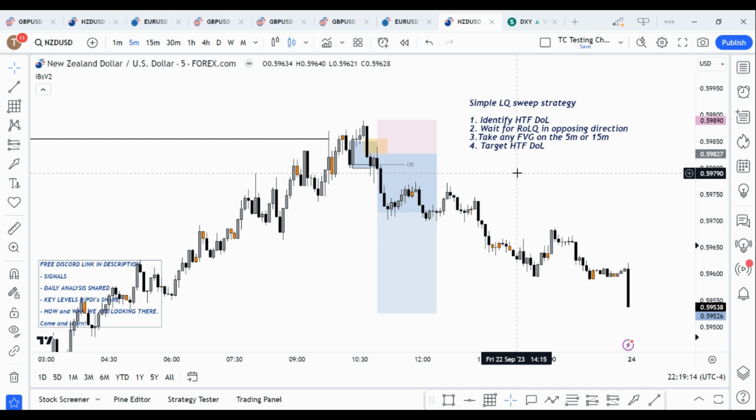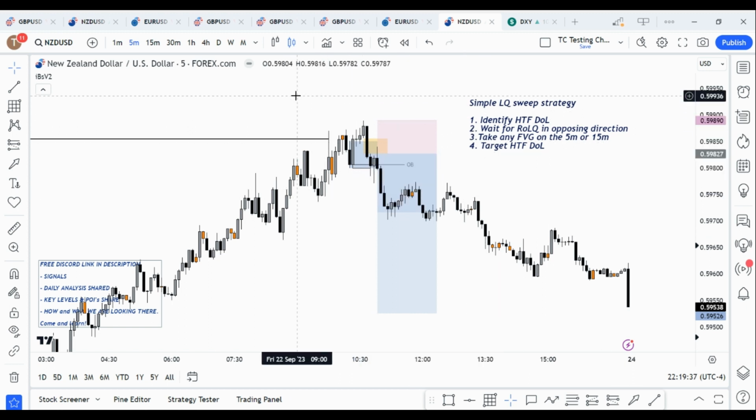You're just waiting for that Judas swing, which should give you a run on liquidity in the opposing direction. Then you're waiting for displacement in the desired direction, and you want to take any 5M or 15-minute fair value gap and target the higher time frame draw on liquidity. And like I explained in this video, it is good to stack your confluences. So, we've had a breaker block, we had an order block, we had a fair value gap, all within the same